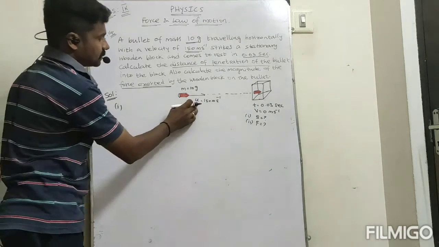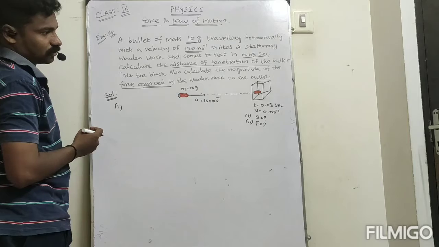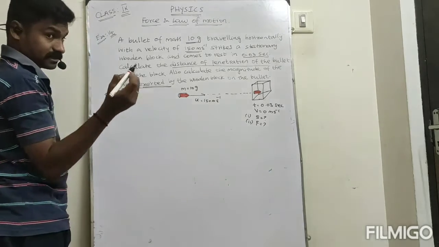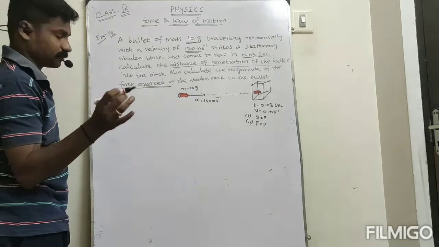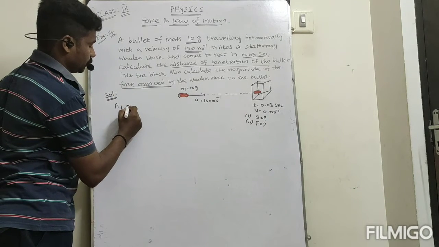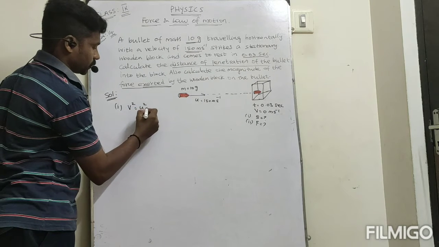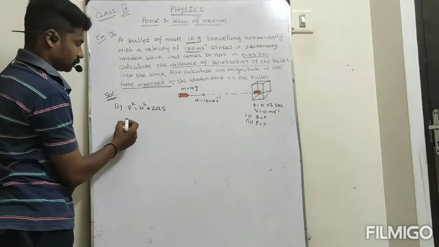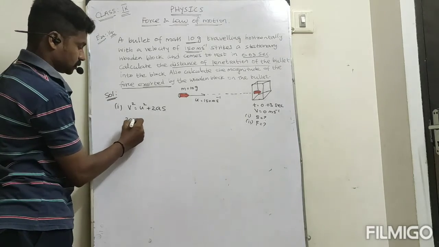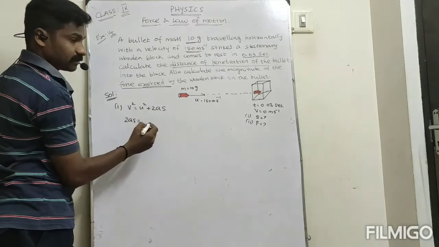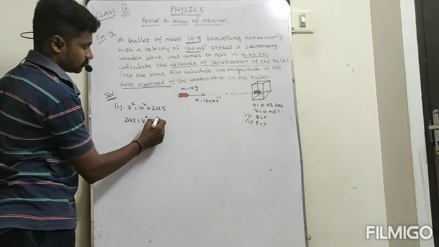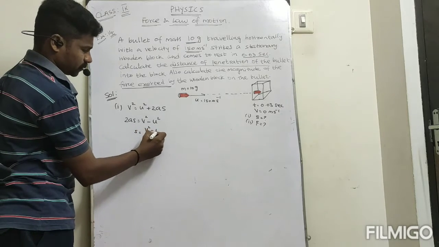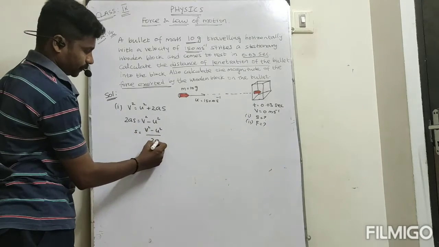See the first one. So we know here initial velocity is there, final velocity is considered as 0. So for the distance traveled, using equations of motion, there is a relationship between velocity and position, that is v squared equal to u squared plus 2as. Therefore 2as stays here, u squared moving this side, minus u squared. So v squared minus u squared. Therefore s is equal to v squared minus u squared divided by 2a.